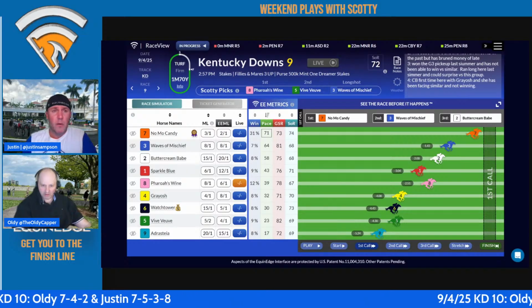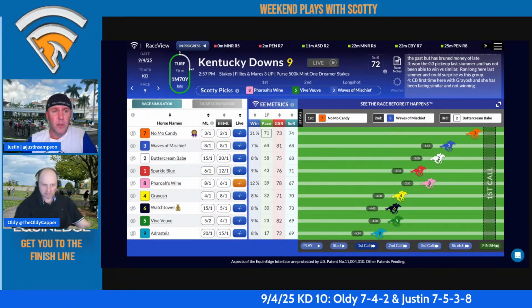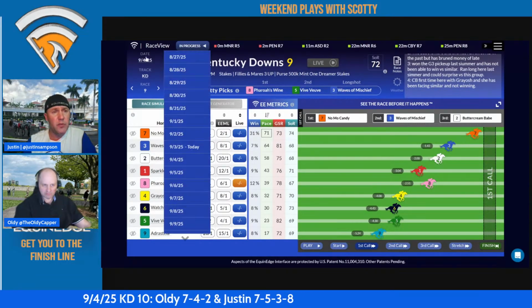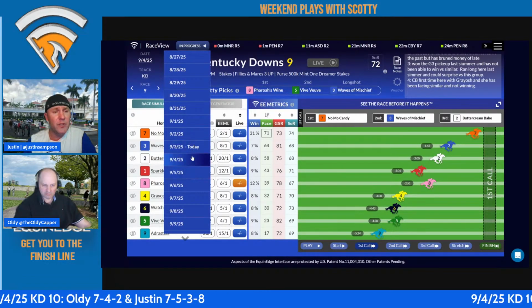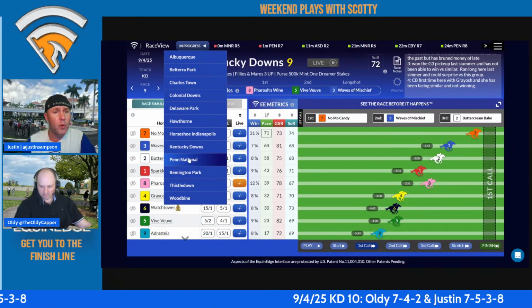All right, we agree there. Let's keep going. This is the only race tomorrow, the only stakes race tomorrow, so it's a little bit of action tomorrow. Only one stakes race, the Mint, one, $500,000. We're gonna then go